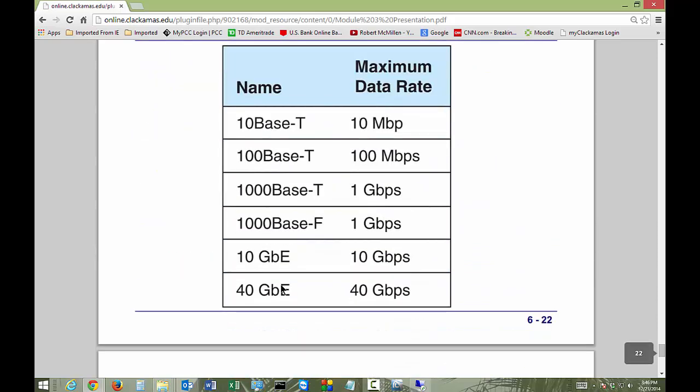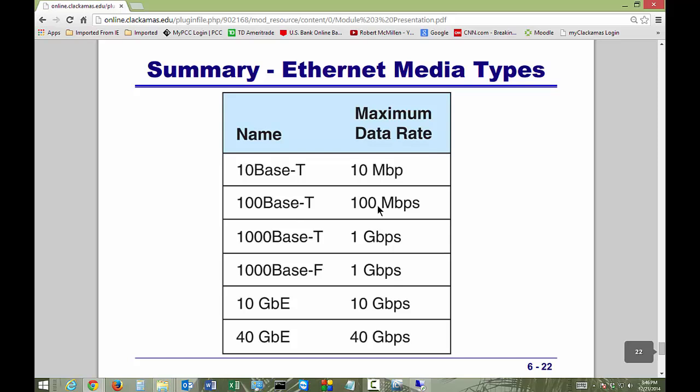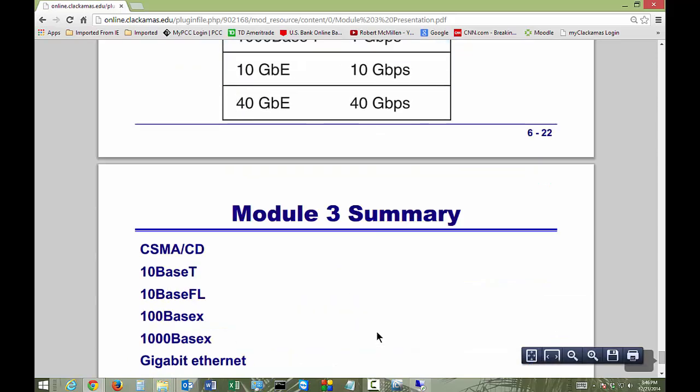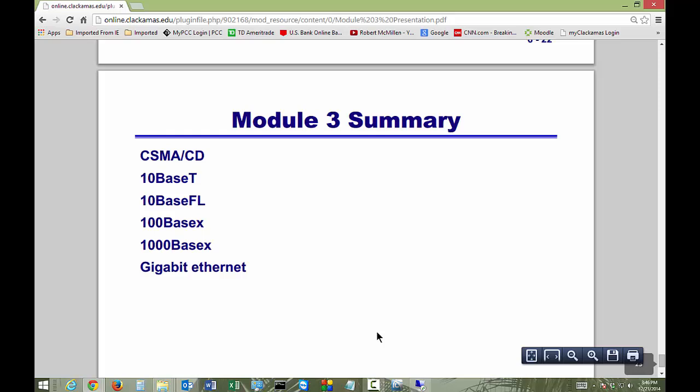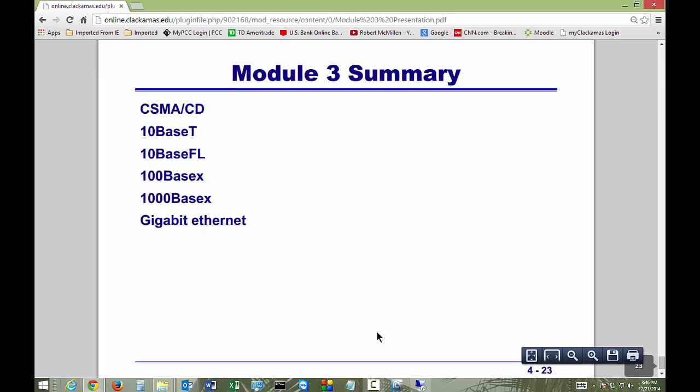So here's a quick summary. You've got 10 base T at 10, 100 at 100, 1,000 at a gigabit, 1,000 F at 1 gigabit, 10, and 40. And those will show up on some of your tests. So to summarize, we talked about CSMA/CD and 10 base T, 10 base X, 10 base fiber,